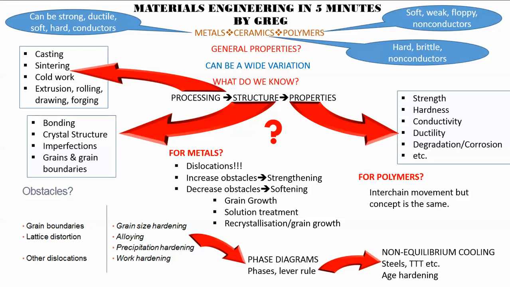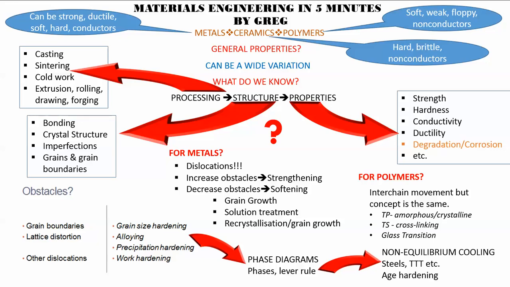So if we have these polymer chains that have weak secondary bonds between them, if we make it harder for them to slide past one another, then we will get a harder, stronger polymer. We looked at thermoplastics. Remember the definition of that. You can soften with heat. Thermosets, which we can't. The thermosets are a good example. We have primary bonds, strong covalent bonds between the chains that makes them very hard, and you can't move the chains past one another, so we have a hard, brittle material.